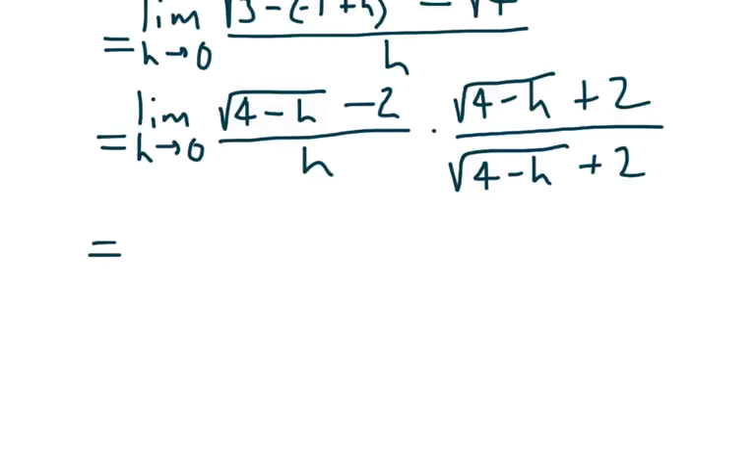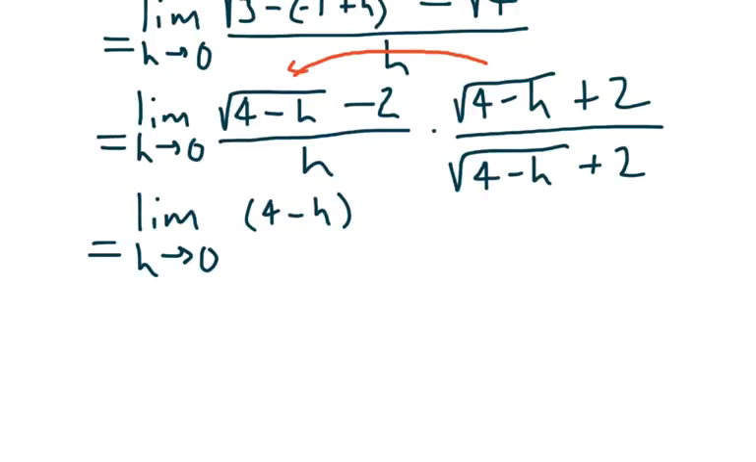Let's multiply out the numerator. We get the limit as h approaches 0 of 4 minus h, that's the product of the first terms, the square root of 4 minus h times the square root of 4 minus h. Now, the outside and inside terms,